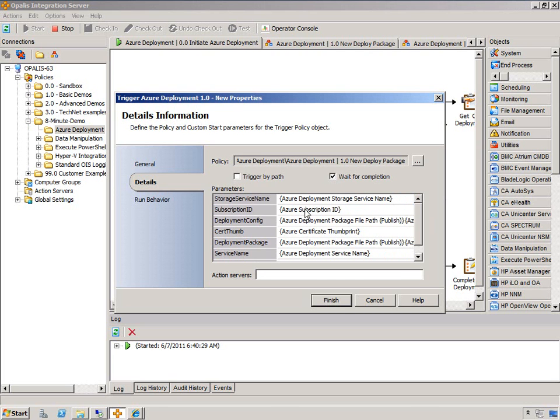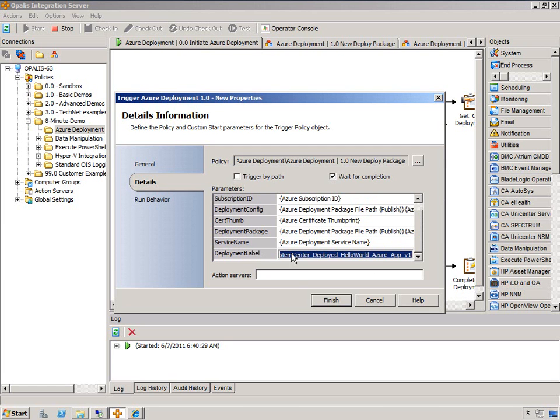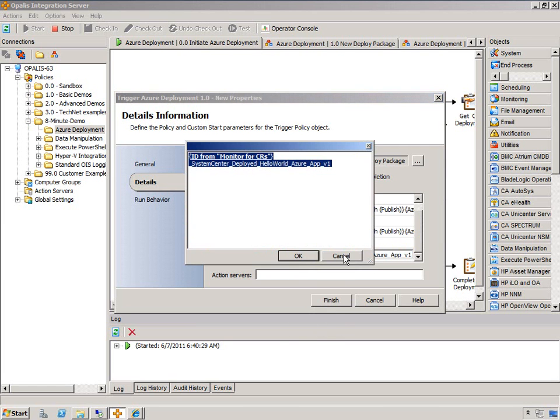Azure Deployment Service Name, Azure Subscription ID, that's specific to me. The config files, where they exist, where you should expect them. Your certification thumbprint, actual deployment package as opposed to just config file. The service name as opposed to just the storage service name. And then of course the deployment label, which is where we can get a little more custom and you